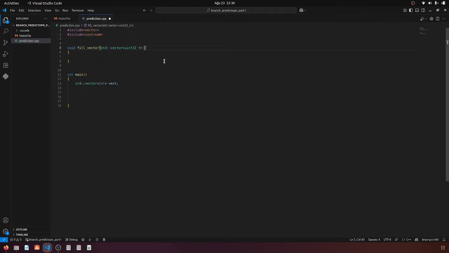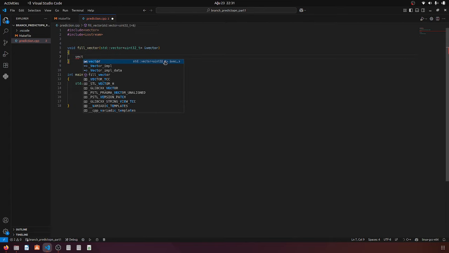I need to calculate the sum of the array elements if the element is greater than 128. And we will see the performance difference between the normal, naive calculation and the sorted array calculation. For this reason, I need to give the address of the vector because I change elements of the vector, and I also need to resize